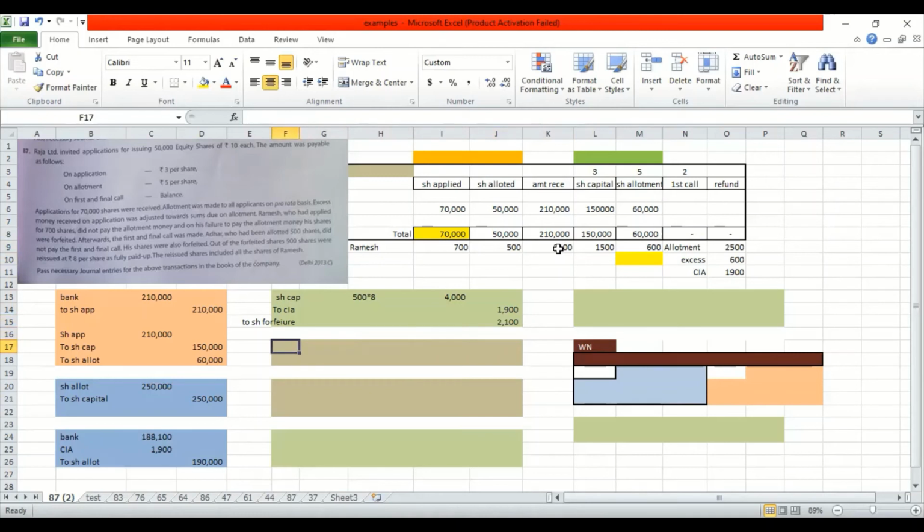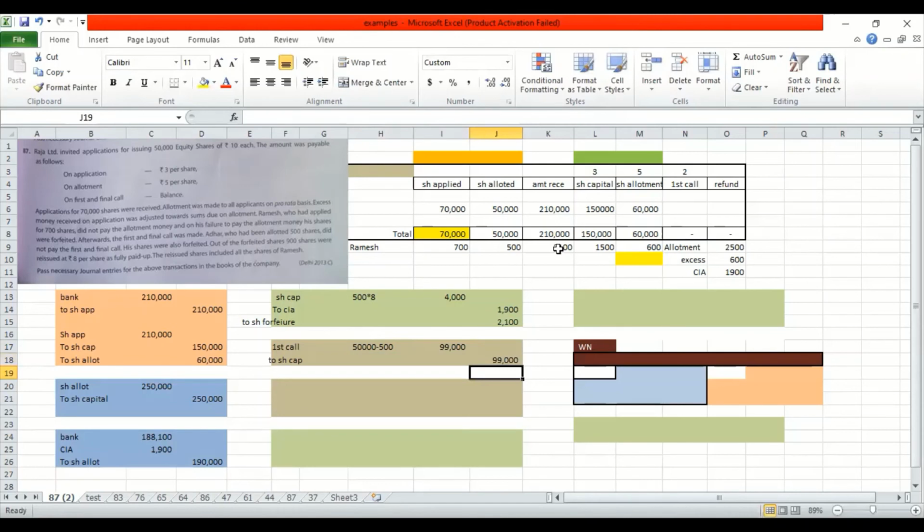Now the next thing is making the calls due, right? The first call due. Again, we have to be very careful when we are making the first call due. The journal entry is simple. First call to share capital. Now, when we talk about first call, what is it? How do you find it out? How many shares are there? Now you don't have 50,000 shares. Be very careful with this. Out of 50,000, just now you cancel 500. So the number of shares with us would be 49,500 into 2 rupees is what you are going to ask. So this is what it is, 99,000.